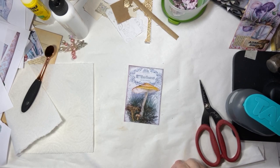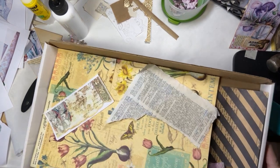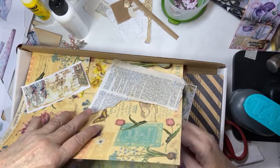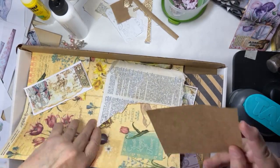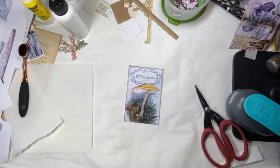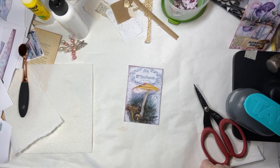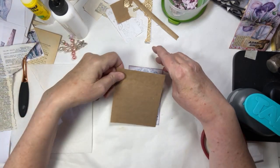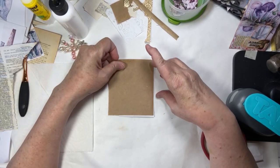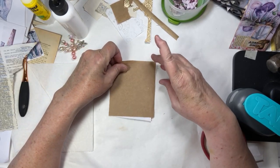Let me see if I have anything. If you remember when I pulled this out, let me see if I have any big piece. I'm looking for this right here, craft paper. That is what I wanted, and maybe just because I used it, a little bit more of that. But I think I am going to go ahead